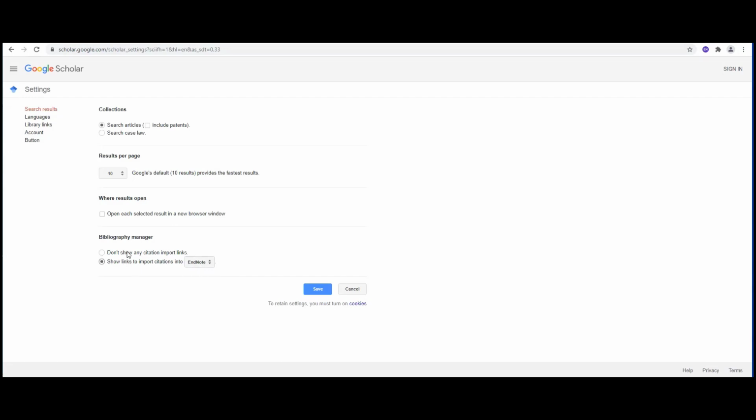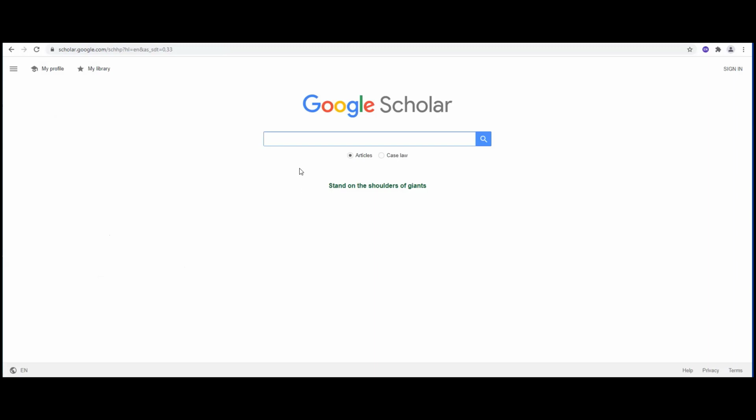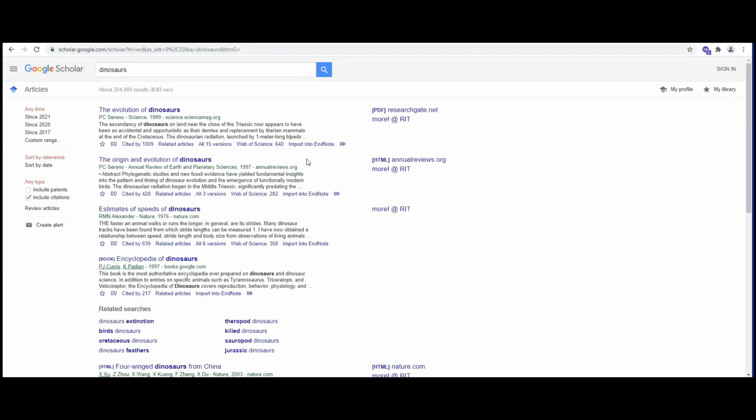By default, Google Scholar will not show any citation import links. So you always want to make sure that this setting is configured properly. And then you can search Google Scholar, and Google Scholar will insert an import into EndNote link